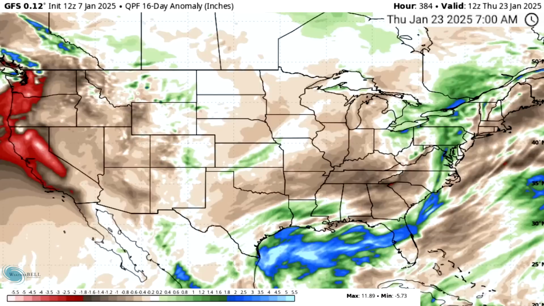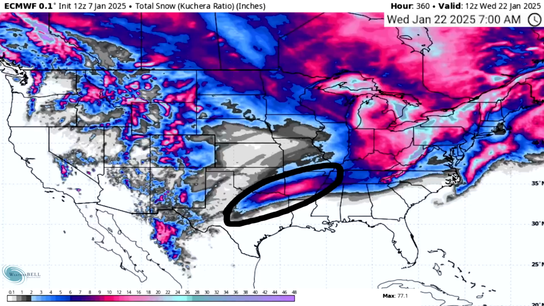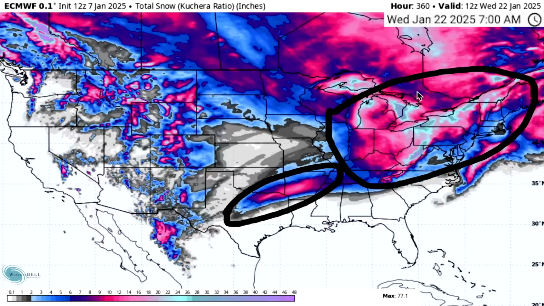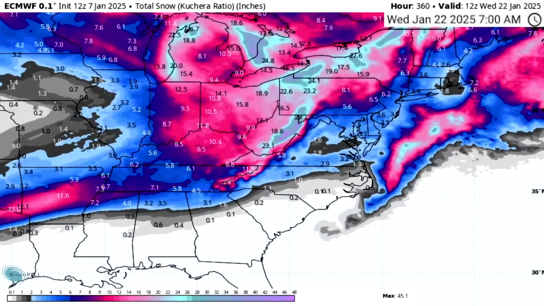When we look at the European model's total snowfall, we can see decent amounts for Texas, Oklahoma, Arkansas, definitely very large for them. We're talking 6 to 10 at least in there on this European model. A lot of these areas in here, seeing plenty of snowfall with our storm as well. When we zoom in, again, 2 to 4 inches, like I said, mostly from this storm in these areas is what the European model would show, as it very quickly speeds up once it's getting near the East Coast.